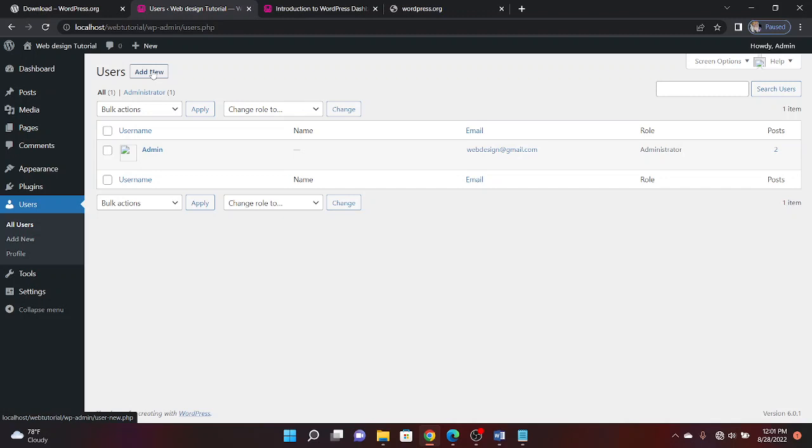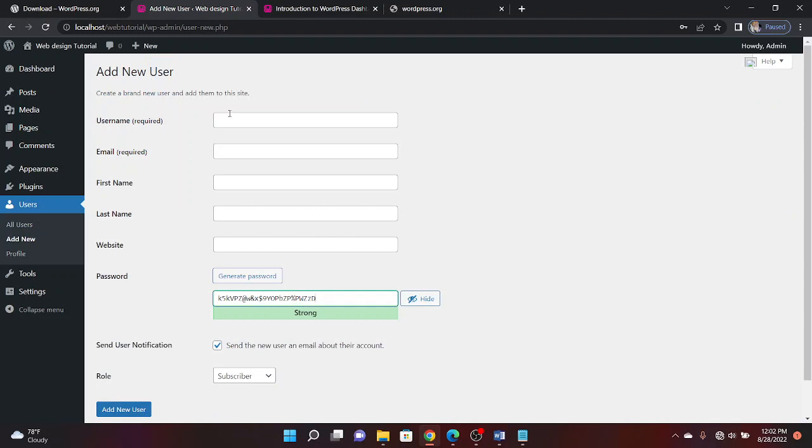most of them have the same mode of operation. So there's always an add new button at the top here that you can use. It's just for easy navigation. So there's also add new on the left side of the dashboard under the user menu. There's add new here, there's add new from here. So you can click on this add new, you enter the details